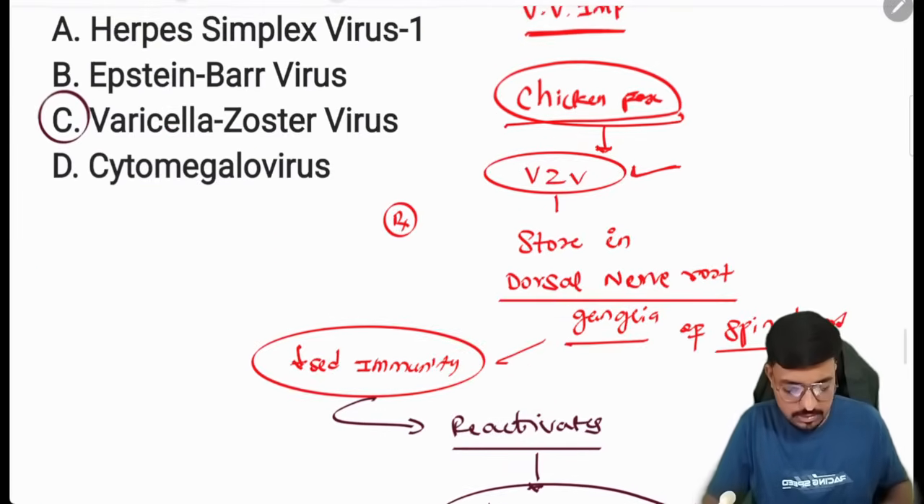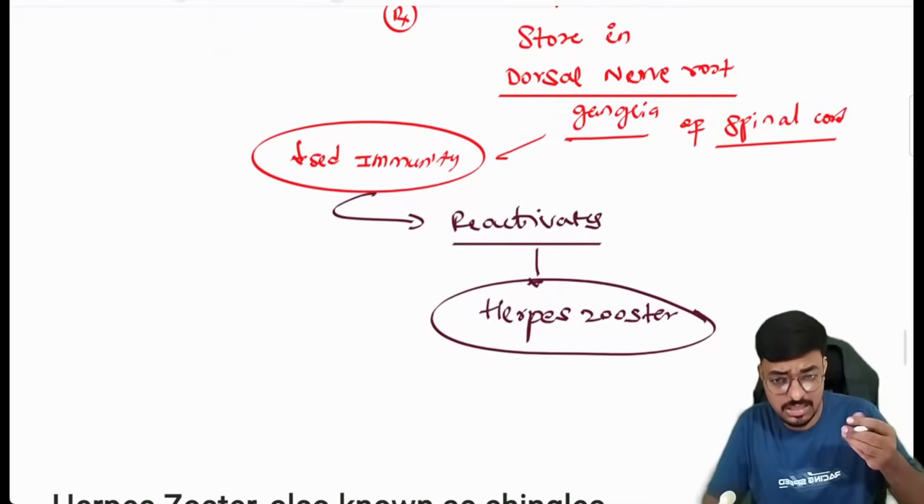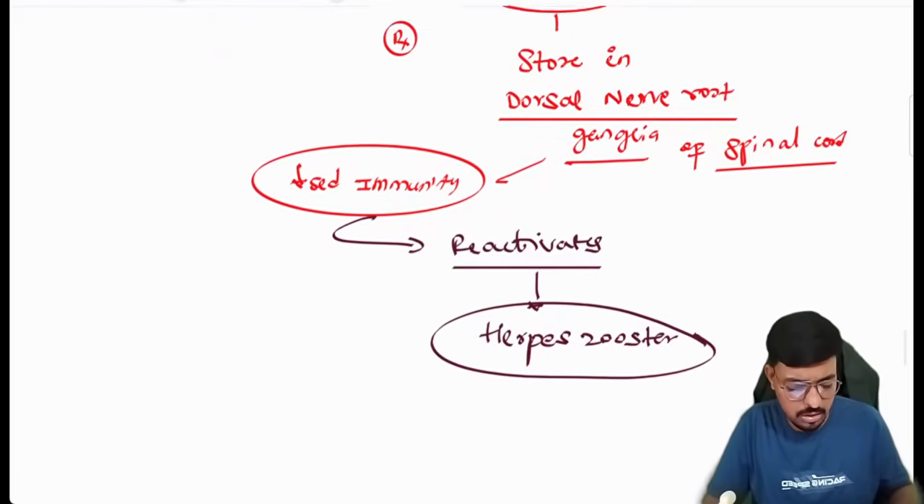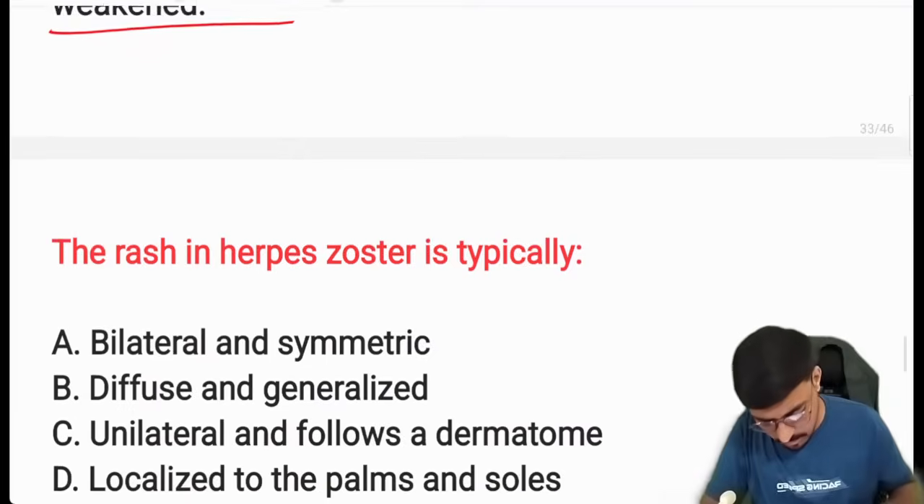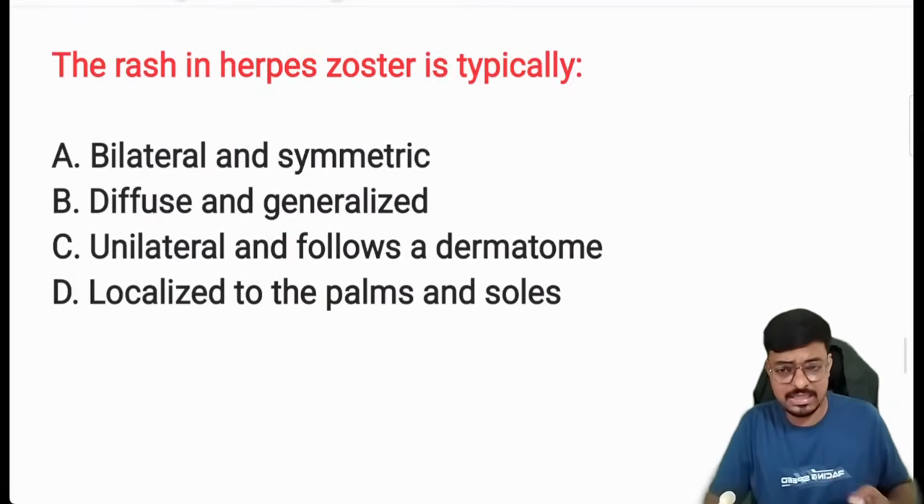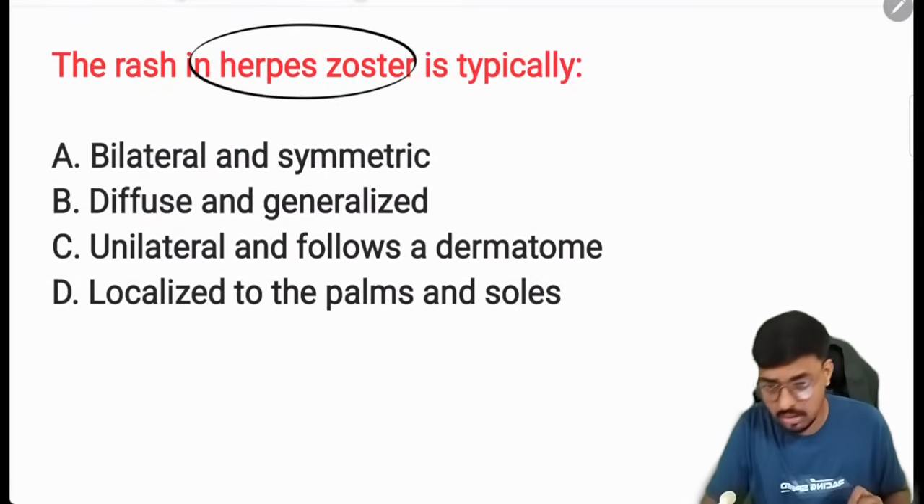So chickenpox, caused by the varicella zoster virus, leaves the virus stored in the dorsal nerve root ganglia of the spinal cord after treatment, and whenever there is less immunity, it reactivates and may lead to herpes zoster. There is a classical rash in herpes zoster, which will be asked as a direct question in your exam. The rash in herpes zoster is typically: option A,